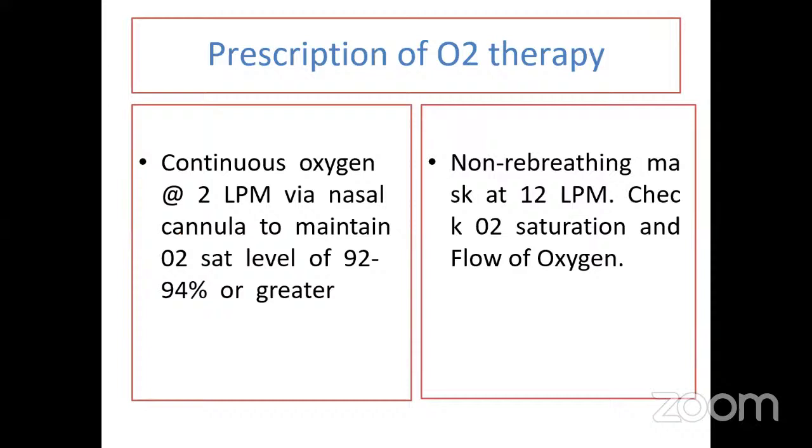थेरेपी का क्या फायदा होगा। Now to choose a prescription to prescribe oxygen therapy, because it is a drug. एक तो हमारे पास कॉन्टिन्यूअस ऑक्सीजन थेरेपी की चीजें हैं, जैसे कि at the rate of 2 liters per minute via nasal cannula to maintain oxygen saturation level of 90 to 94% या थोड़ा से ज्यादा, ये लो फ्लो डिवाइस है। या नॉन रीब्रीदिंग मास्क 12 liters per minute। 6 liters per minute से ज्यादा जिन डिवाइसेस में ऑक्सीजन फ्लो की जरूरत पड़ती है उनको हम हाई फ्लो डिवाइसेस कहते हैं। Even nasal cannula can be used as a high flow device,